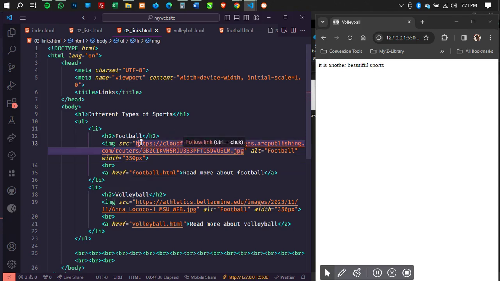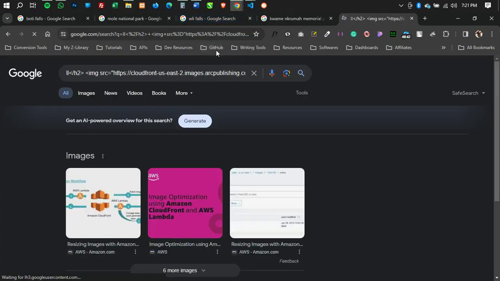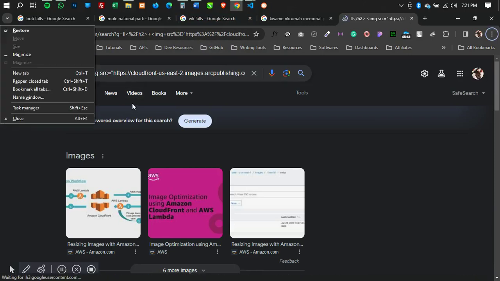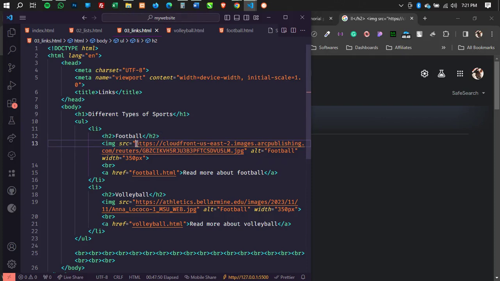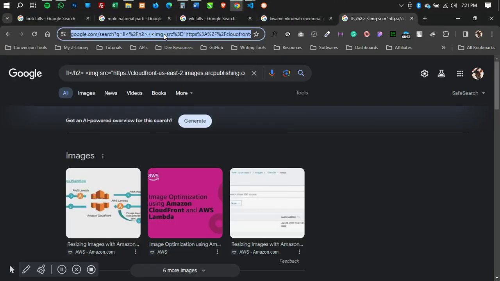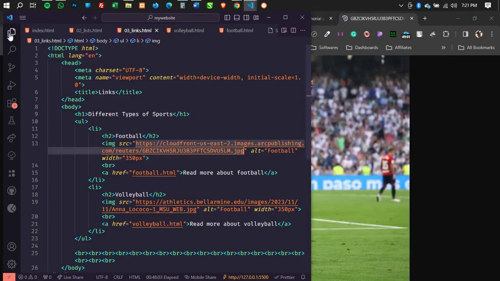Now, if I copy this link over here and I open my browser and paste that link, oh, I copied the element instead of the link. Sorry for that. Let me just copy whatever is here. So if I copy my link and I paste it here, you realize that the image is showing because it's an absolute link.